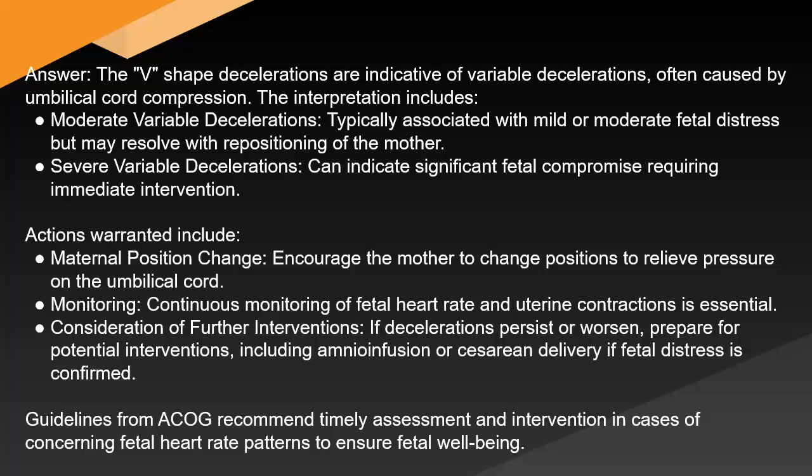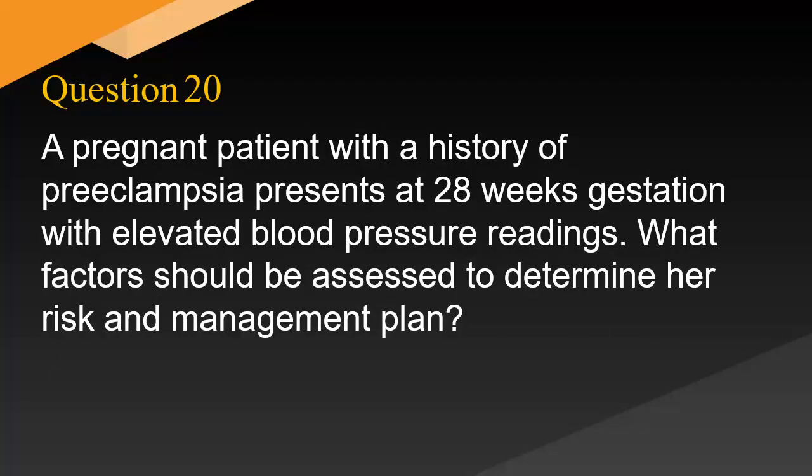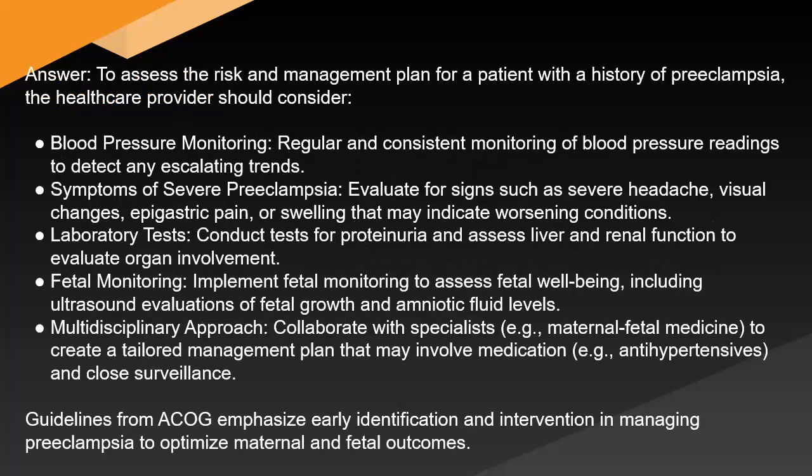ensure fetal well-being. A pregnant patient with a history of preeclampsia presents at 28 weeks gestation with elevated blood pressure readings. What factors should be assessed to determine her risk and management plan? Answer: to assess the risk and management plan for a patient with a history of preeclampsia, the healthcare provider should